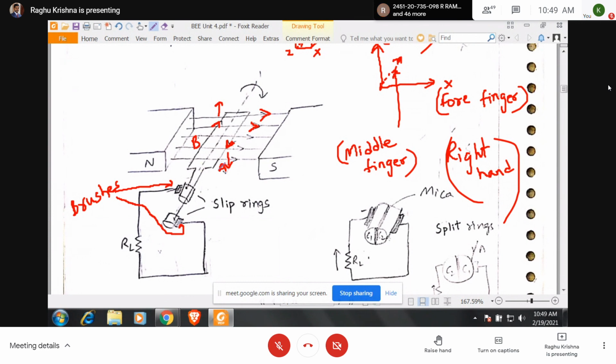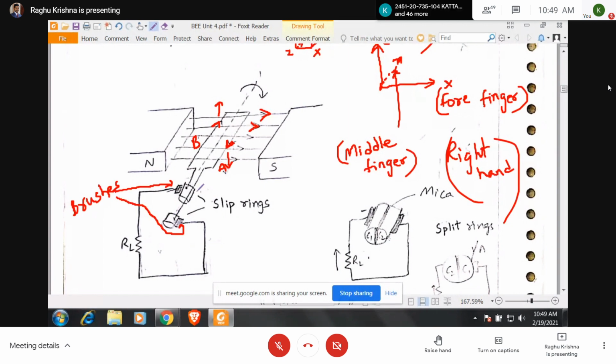Now if you want to increase the voltage, you have to connect more conductors in series, and if you want to increase the current, we have to connect the conductors in parallel. So we are going to connect a series and parallel combination to increase the voltage and current, so that we are going to see further. Next,